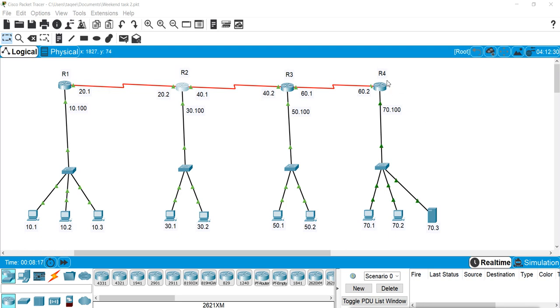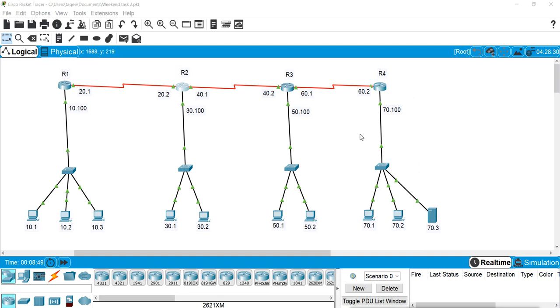Now for Cisco devices, we can use a TFTP server. We can store the backup on the TFTP server, and in case we lose the configuration or data, then we can recover it from the TFTP server. A TFTP server can be a Windows machine or a Linux machine. So we can configure the TFTP server on any of these Windows or Linux machines, and we can use that TFTP server to store the backup and retrieve the backup from there.